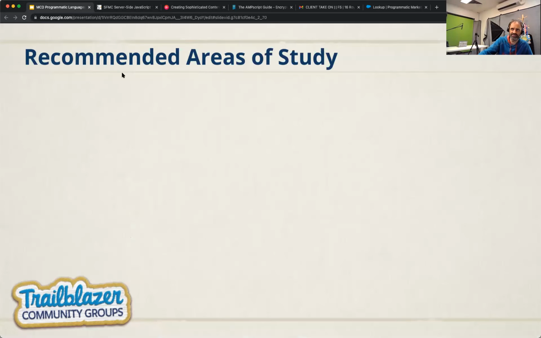Recommended areas of study for when preparing for the exam and learning server-side JavaScript. While I can't share their questions, one thing I will disclose, and anyone who's sat the exam will tell you, is that you can expect more emphasis on AMPscript and less on SSJS. So I'd encourage you to weight your study as such. In fact, in theory, given the pass rate, you could answer all of the server-side JavaScript questions incorrectly and still pass. But I would